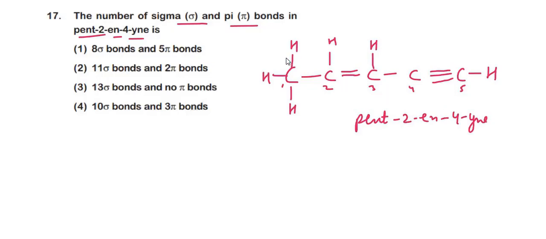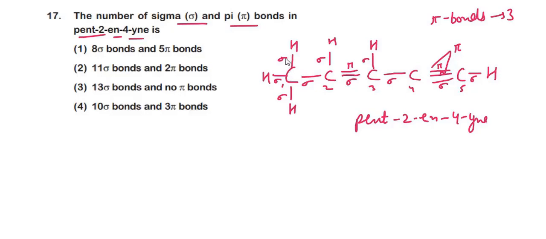When we observe here, this bond is sigma, this is also sigma, this is also sigma. The carbon-carbon single bond is sigma. If carbon-carbon double bond is present, one is sigma, one is pi. This CH bond is sigma, this CH bond is sigma. One single carbon-carbon bond is sigma. In the triple bond, the first one is sigma and the other two are pi. This is again sigma. So these two bonds are pi here and this one is pi. So total number of pi bonds are 3.